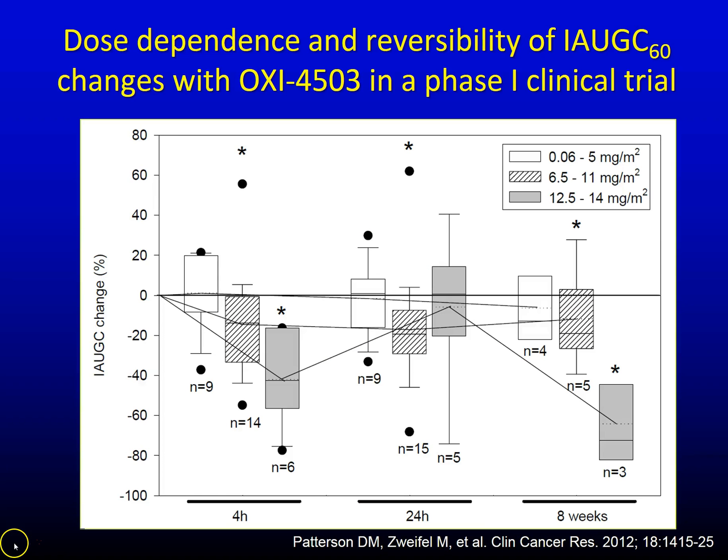So that kind of data can then be put into what are called dose-finding studies. So here is a patient who is receiving the same drug, and you can see we've used 3 doses, and with increasing doses, again at that 4-hour time point, we see marked, stepwise reductions in transfer constant, which then reverse by 24 hours. So this is a nice example of the use of quantitative DCE-MRI for